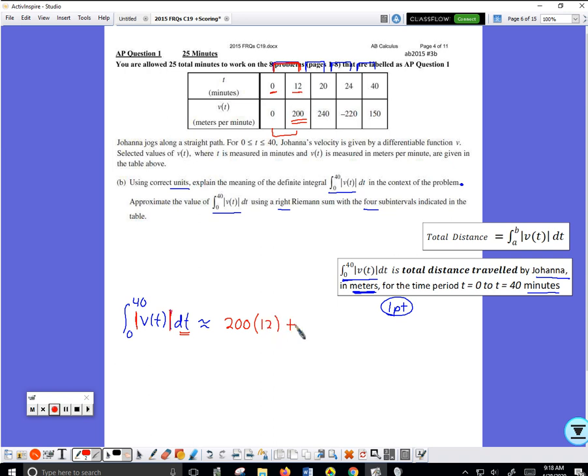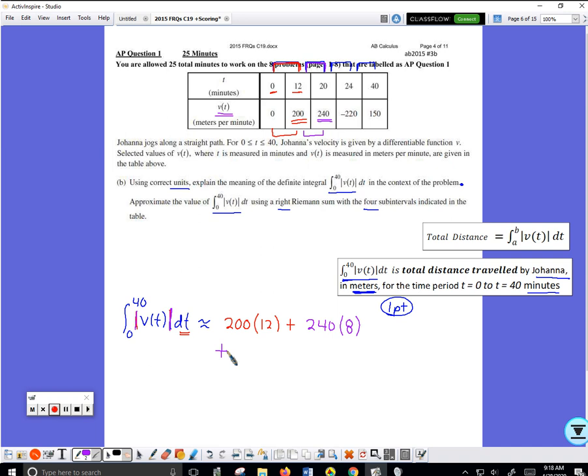Plus, go to the next subinterval, pick the value of v that is on the right, multiplied by the dt for that subinterval. Oh, wait a minute, don't forget absolute value. So the subinterval this time is 8 wide, and plus,